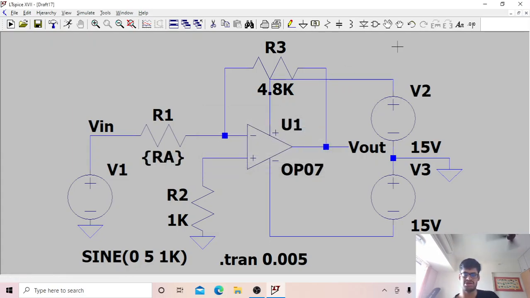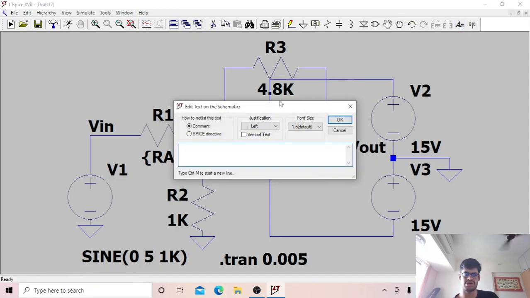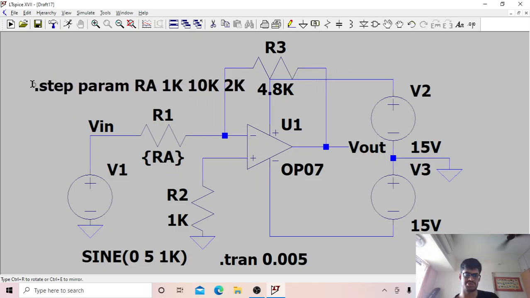Then we go to the text option, which is normally used to write comments, but in this case we are using it for a SPICE directive. We put in .step param, and we define a step parameter for RA. It starts from 1k and goes to 10k in intervals of 2k. Then we click OK and paste it here.